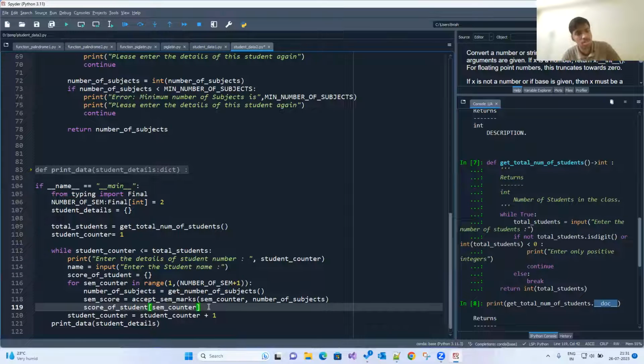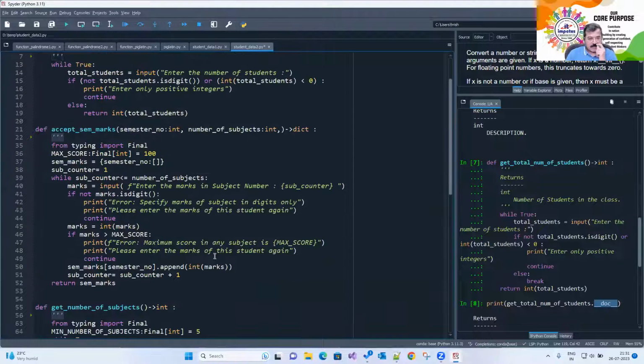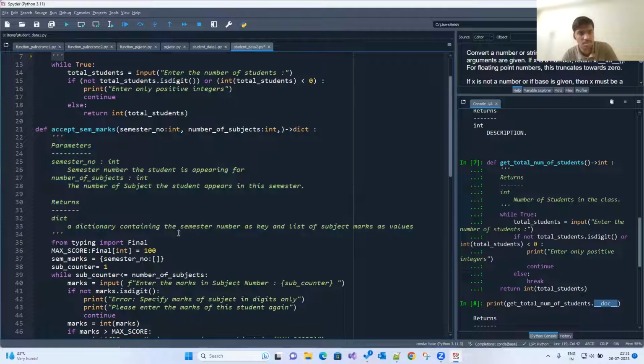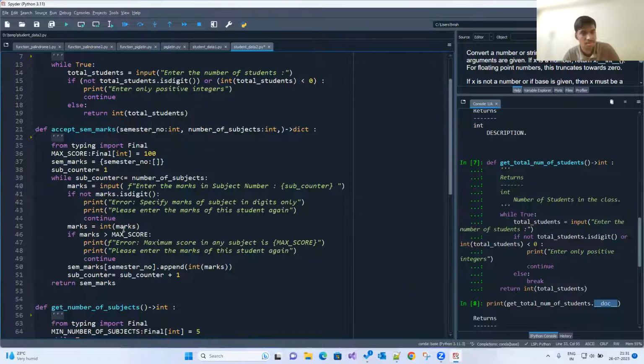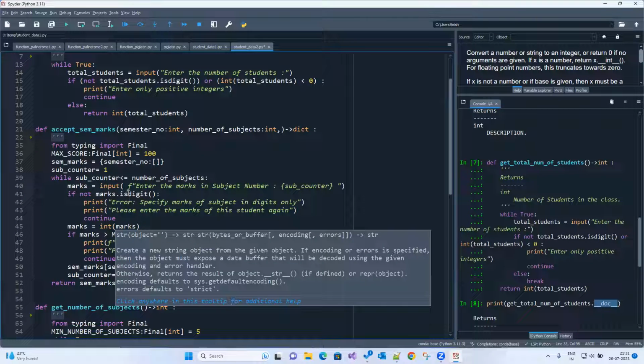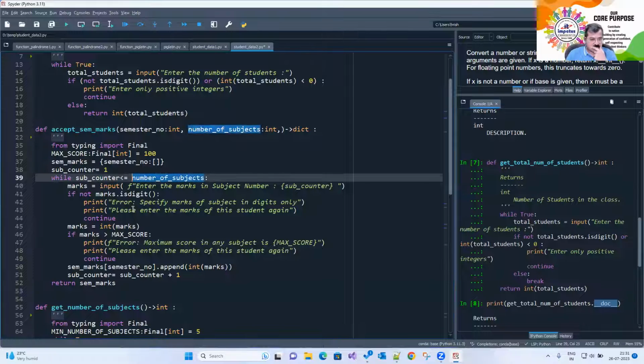सर, सीधा स्टूडेंट डिटेल्स में नेम की लेके स्कोर वैल्यू दे दीजिए। एक्सेप्ट सेमिस्टर मार्क्स क्या देगा हमें? एक डिक्शनरी देगा। उस डिक्शनरी में क्या है हमारे पास? सेमिस्टर नंबर और उसके मार्क्स। तो सेमिस्टर नंबर से उसकी करस्पॉन्डिंग लिस्ट को हम पास कर सकते हैं ना? सेमिस्टर नंबर और मार्क्स दोनों मिल रहे हैं, वही स्टोर कर लेना नेम के की में।